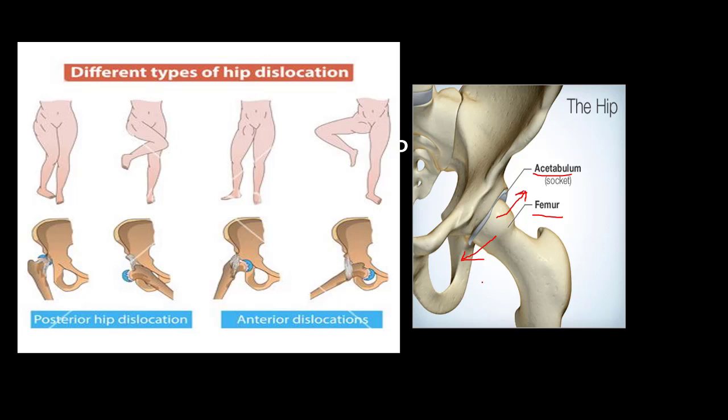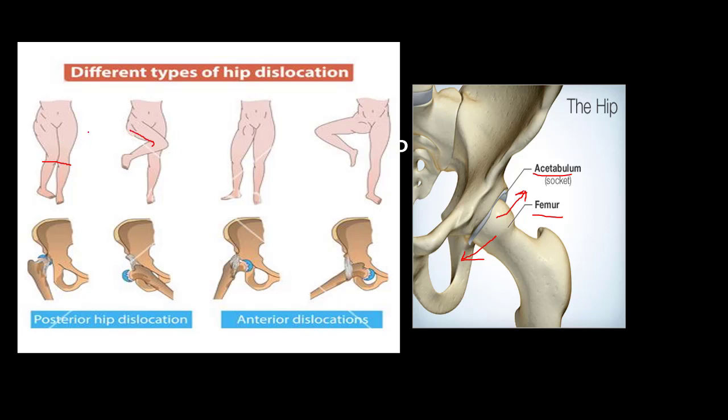So how can the examiner ask you important questions regarding this topic? As we can see, in the first two pictures there is a posterior hip dislocation, right? This is the posterior hip dislocation. We can see clearly in this diagram that the legs are adducted. They are close to each other. This is the adduction and this is internally rotated, right? This is an important thing.